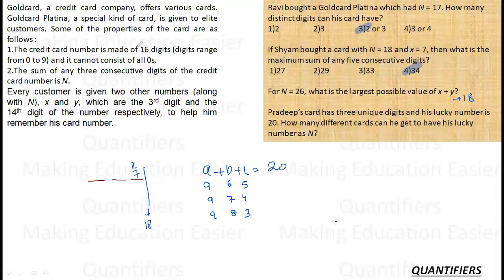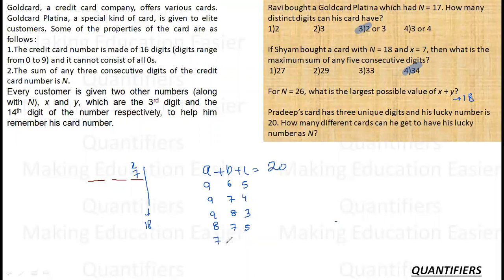Let's keep the highest number as 8. So there should be no 9 now. Okay, if this is 8, this cannot be 9, this cannot be 8. So let's keep it as 7. 8 and 7 15 and 5 20. Can I keep it lower? 8 and 6 14 and 6 20? No. 8 and 5 13 and 7 20 already done. 8 and 4 12 and 8 is not allowed. 8 and 3 11 and 9 is already done here. So nothing else can be made with this. Okay, so these are the 4 combinations.